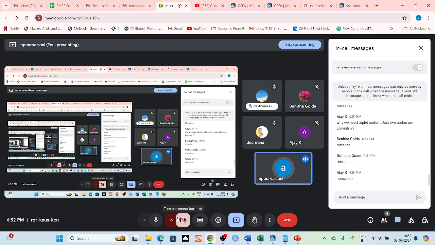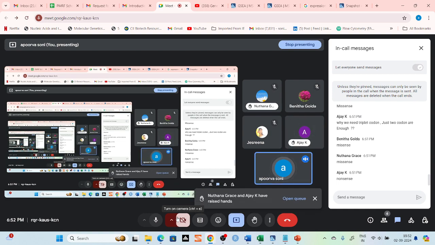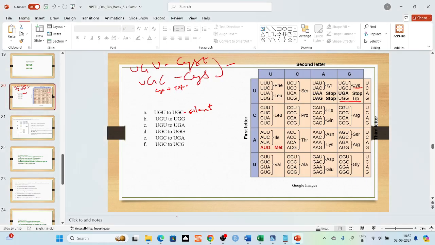nonsense mutation. Why do we need triplet codons? Just two codons are enough. So for this question, I would suggest you go and read the basics where you will get to know why we need codons as triplets, why it cannot be 2, why it cannot be 4, why it cannot be 1, why codons are always triplets. It's a very lengthy portion. I cannot cover it here. You go and read this. These are very basics that you should know. It's the first thing when you study molecular biology. They tell you by making many permutation combinations which permutation combination will give you triplet codons, and which will give you enough codons. Okay, anyways, so this is a missense